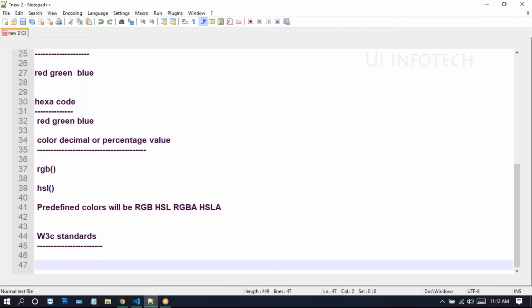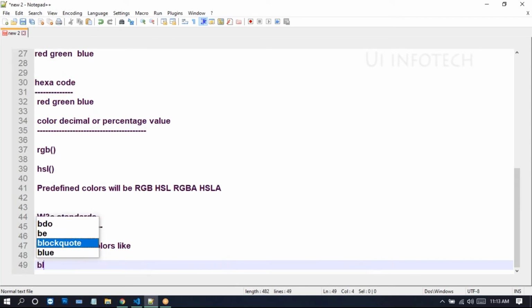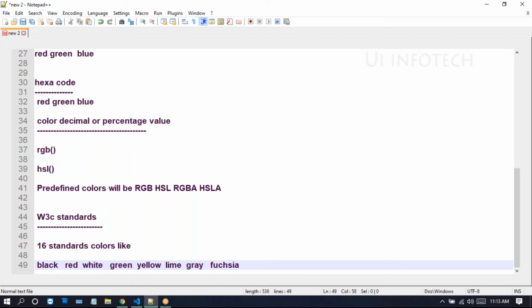So we have black color, red color, white color, green color, yellow, lime color, gray, fuchsia, purple color, maroon.